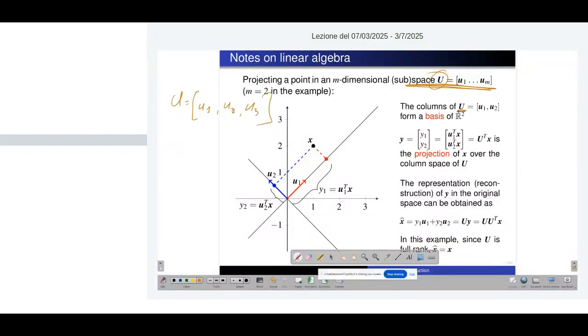These column vectors of U form a basis of the space where we want to project. So they form a set of coordinate axes that represents the space over which we want to project. For example, if we have a three-dimensional space,